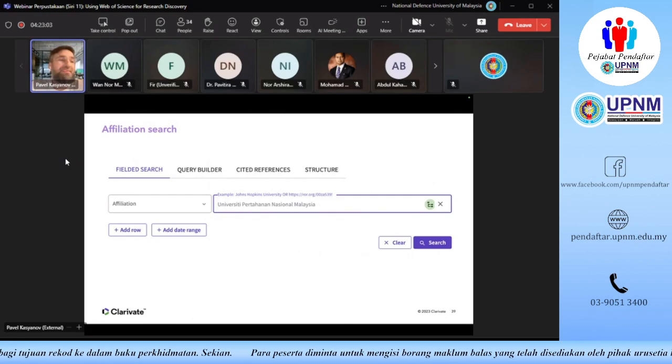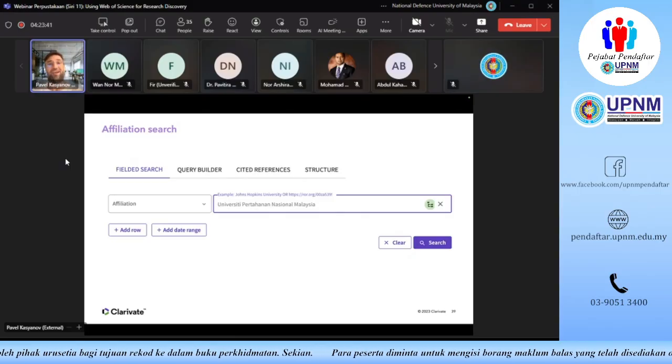Some of the journals or some of the researchers, I'm sure there's no single way of putting the name of UPNM as an affiliation. Some of you would put the name University Perpustakaan Nasional Malaysia, some will put UPNM, some will put maybe other names. Some might put an English translation of the university name. Once again, some of the journals will just translate the name of the university, and some will just abbreviate it without even the researcher themselves knowing that.